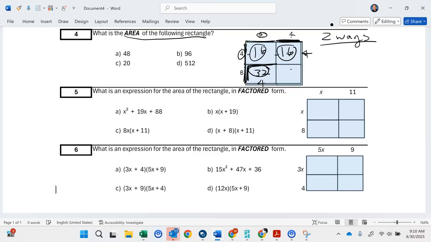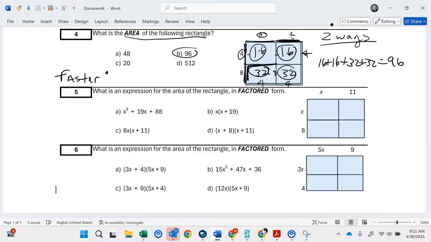And then the 8, same over here. And this is 4, same here. So 8 times 4, 32. And then I add these all up. So 16 plus 16 plus 32 plus 32 equals 96. Okay? But another way, faster,